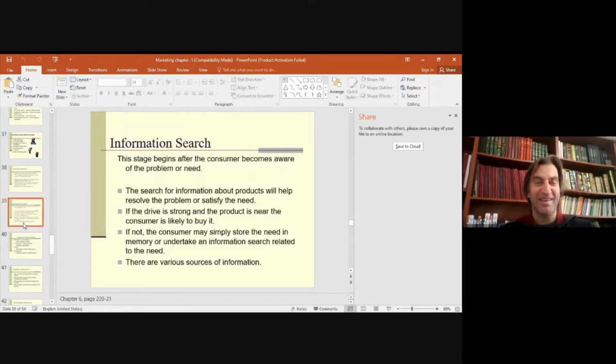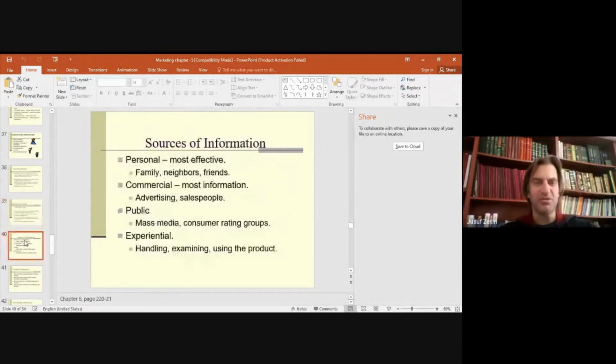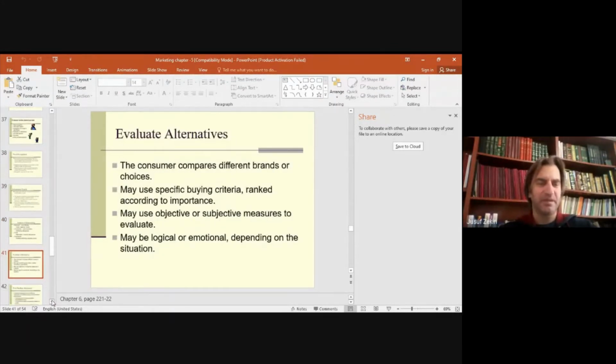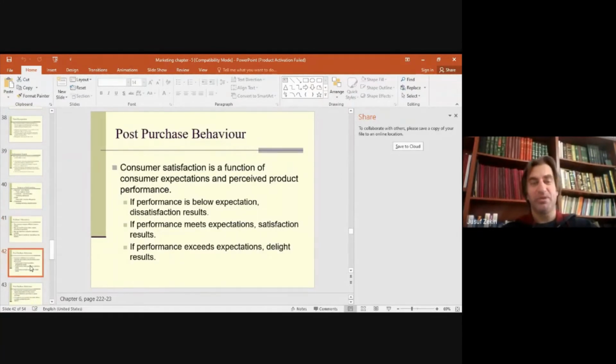Okay. Then you have information search. We discussed it. Sources of information. Evaluate alternatives as the next phase. And finally, we had post-purchase behavior. And now,